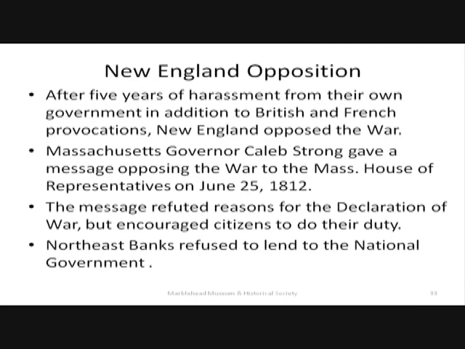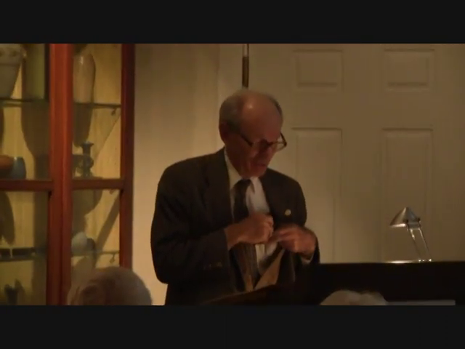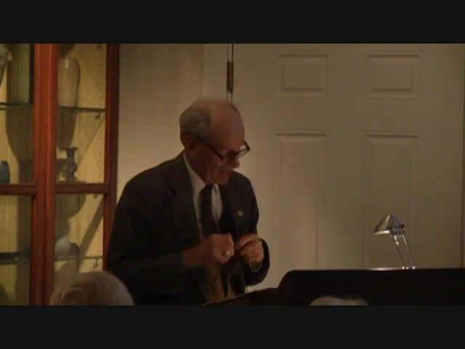Now at this point, can we raise the lights? I'll give you an idea of how the opposition was in New England. This is a little pamphlet which was put out in 1812 by the state to send around. And I'm going to read it. I retyped them because it's a little difficult to read in that size print. It's, by the way, going to be on the Marblehead Museum website. Here are a couple of excerpts from that.